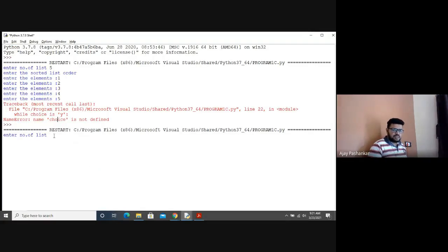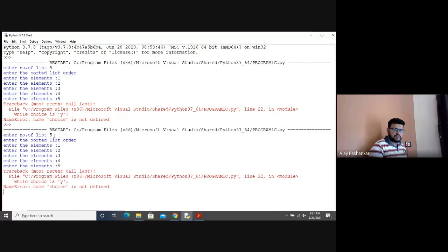It should be in your while element. So I am just inserting while, number of list 5: 1, 2, 3, 4, 5. Still it is showing while choice is y.